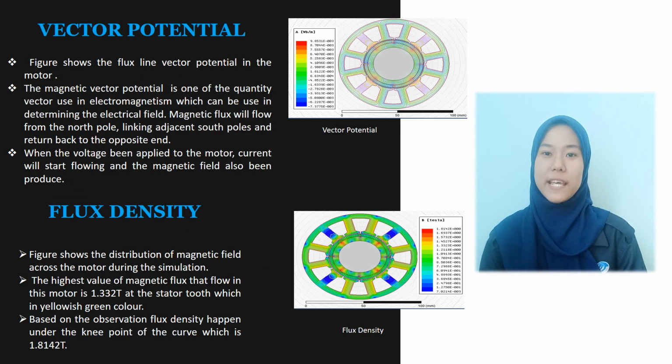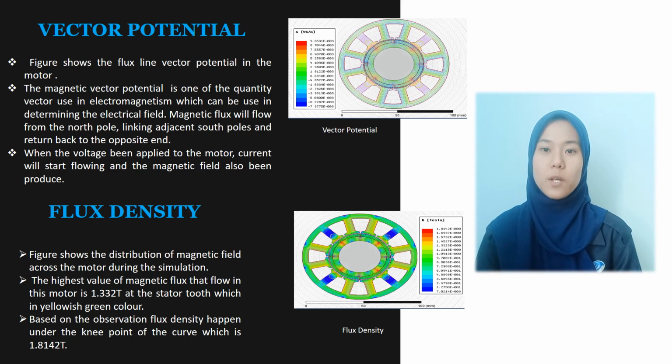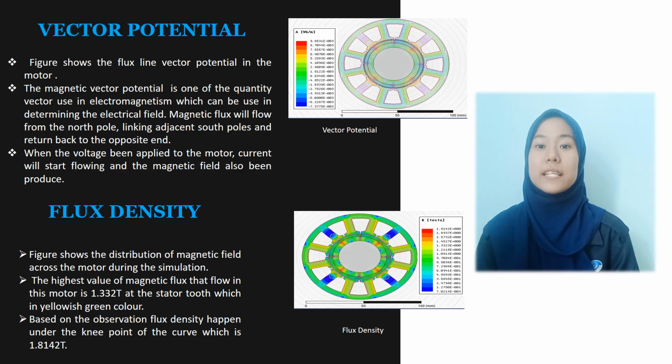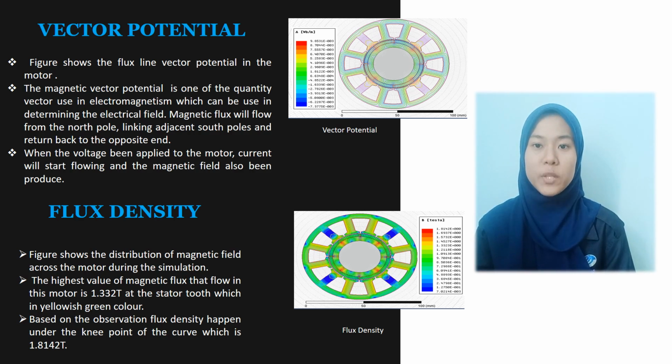During the design process, we will analyze the changes that happen in the motor in terms of vector potential and flux density. The first figure shows the flux line vector potential in the motor. The magnetic vector potential is one of the vector quantities used in electromagnetism, which can be used in determining the